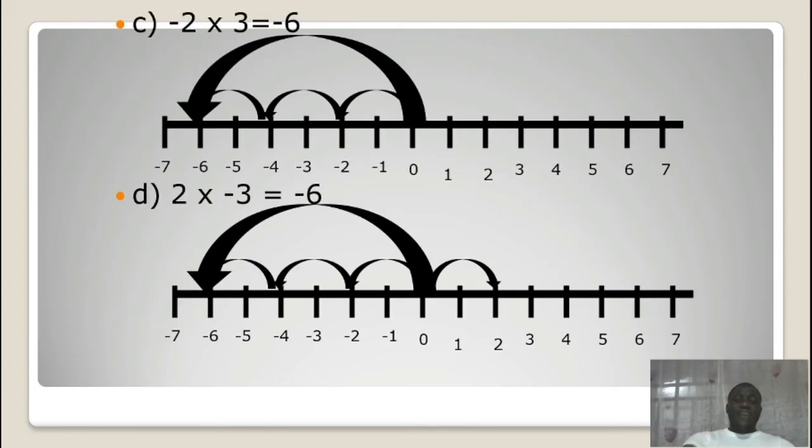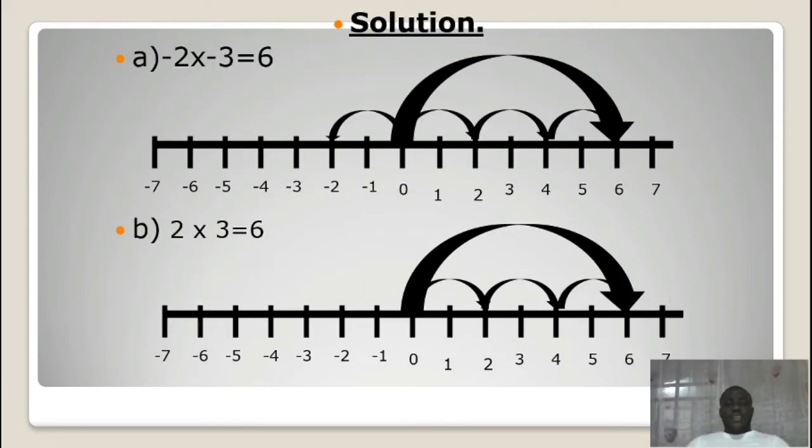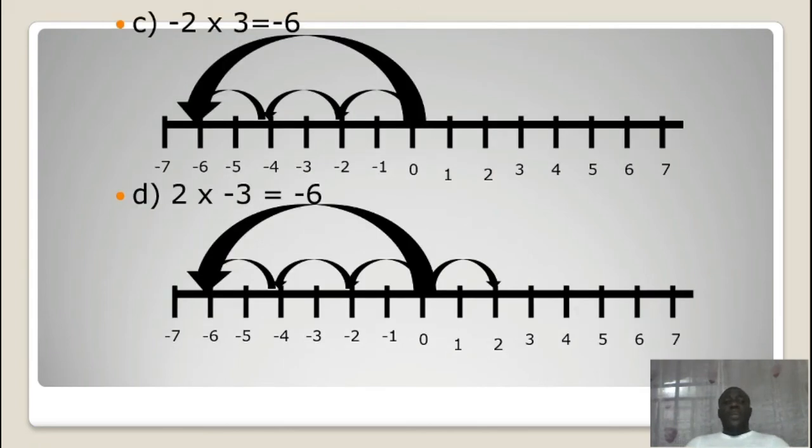So in the next example, we have something like 2 times 3. In 2 times 3, since both of them are carrying the same sign, positive, positive, we are going to count towards the right 3 times. We count 1, 2, 3, and it ends at 6. That simply means that 2 times 3 is 6. Then the next one we see is